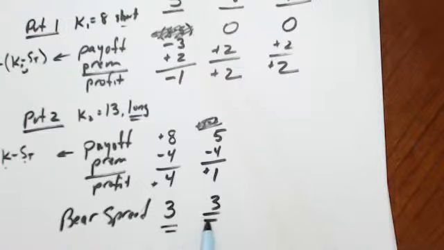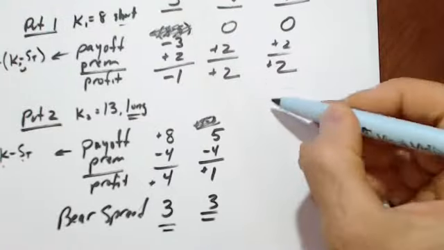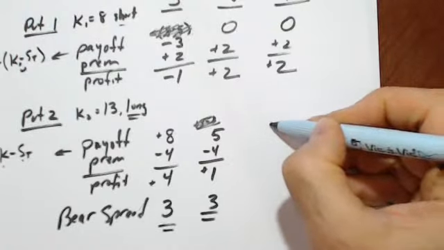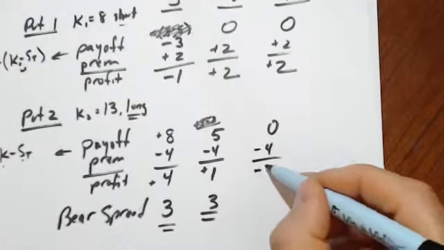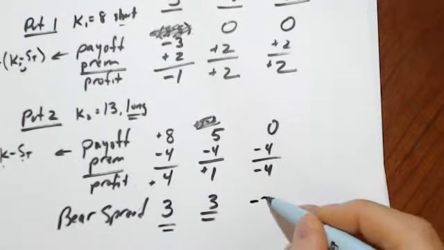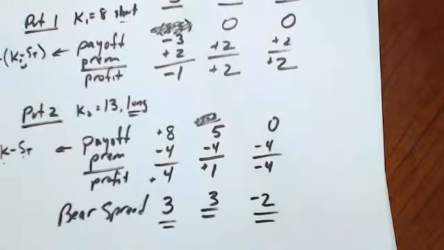Looks like a flat line, right? Flat line at a profit of $3 on the downside. Now continue. This option is out of the money at 15, but you paid 4. And so you lost 4 in the option, and you lost $2 on the upside. Okay. So now, when you graph this,